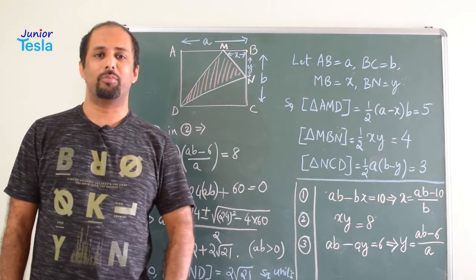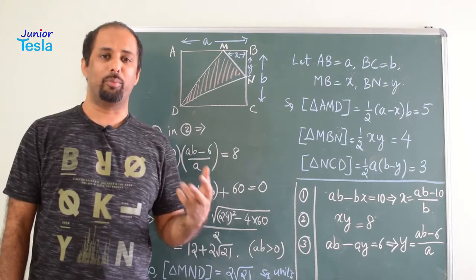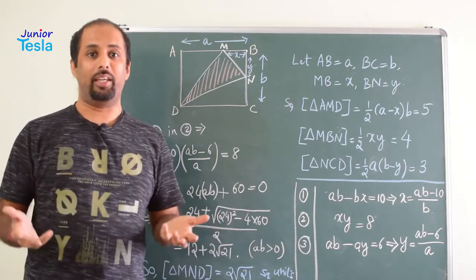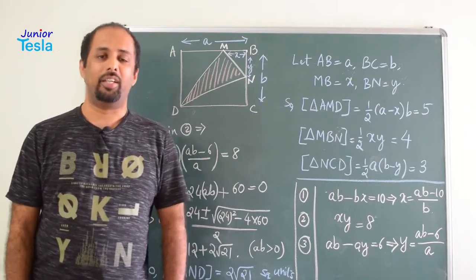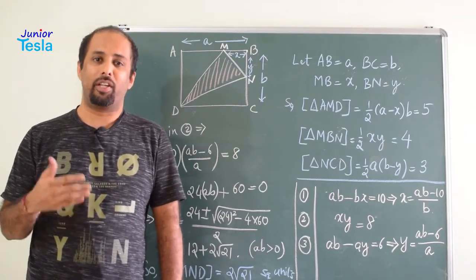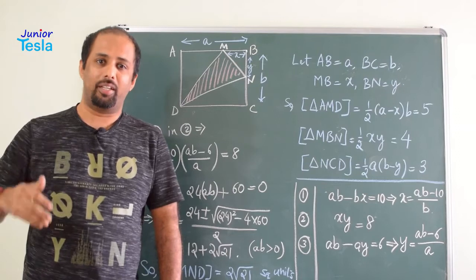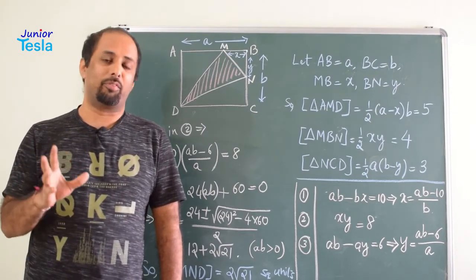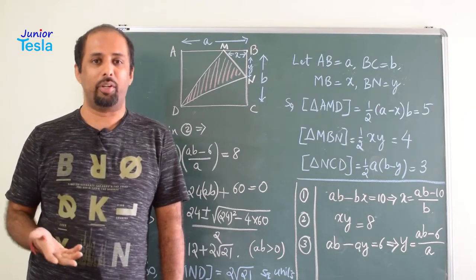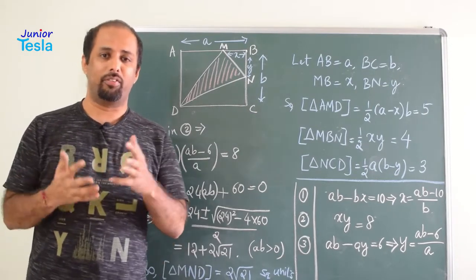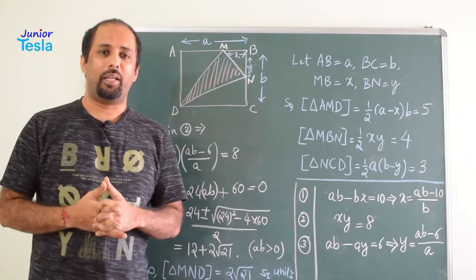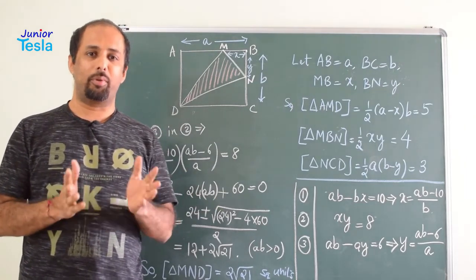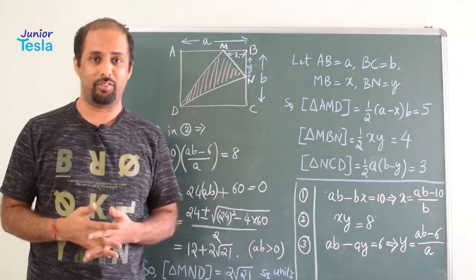In Olympiad problems, you cannot actually say a problem is from geometry or algebra, because sometimes even a geometrical problem may require some algebraic identities or equations. Similarly, if you are solving an algebraic problem, it may require some concept of geometry. So you cannot directly say that a problem is from algebra or geometry or combinatorics. There will be a lot of combination of all these concepts. But today in this session we are going to see a geometry problem which involves some algebraic concepts.